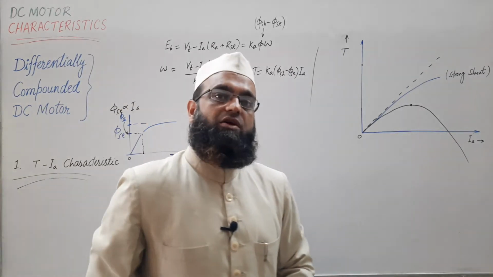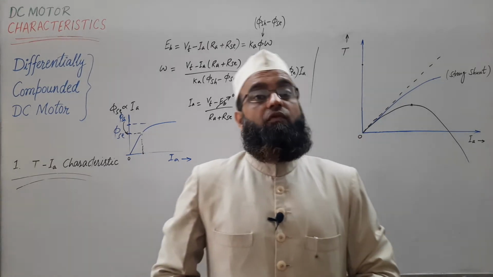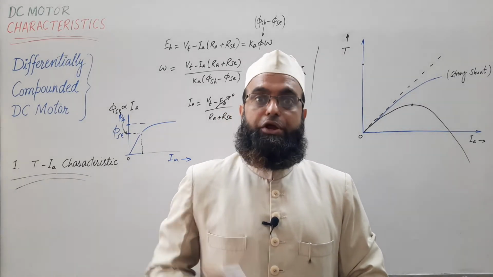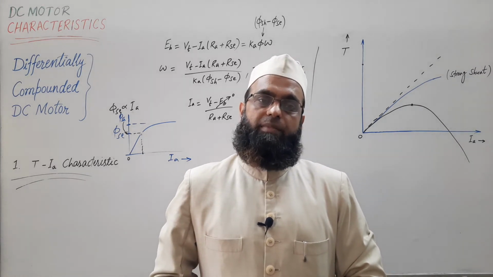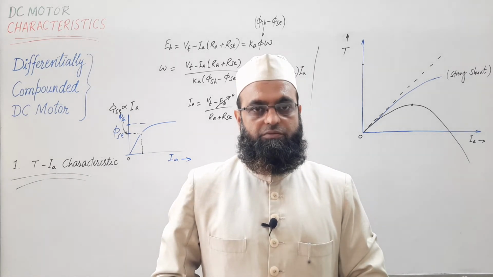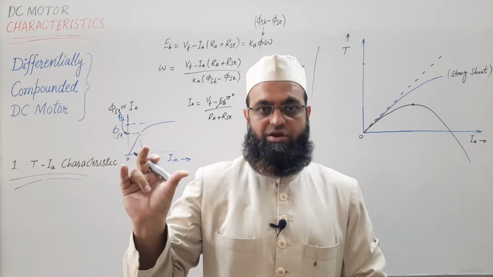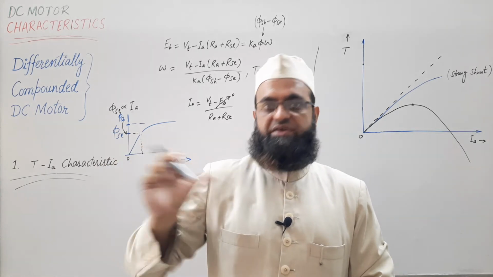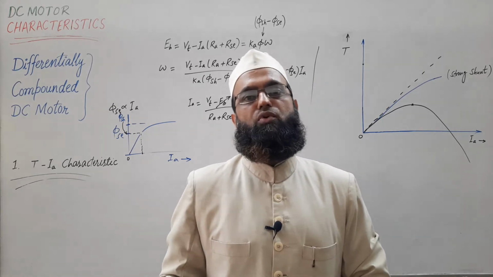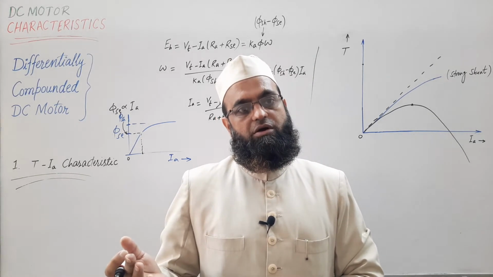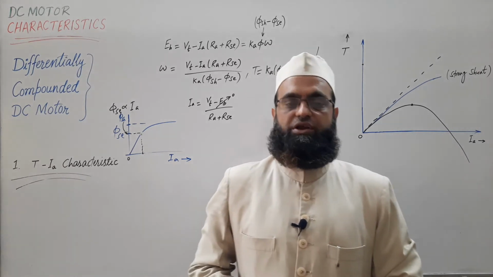And what will be the impact of large current? We have seen the inductive voltage kick is L di by dt. That di by dt will create problems in the commutator, a very high inductive voltage kick corresponding to L di by dt. If di is more, that induced EMF will be more, and the corresponding sparking will be more. So the commutator may be damaged and the windings also may be damaged due to this large current.